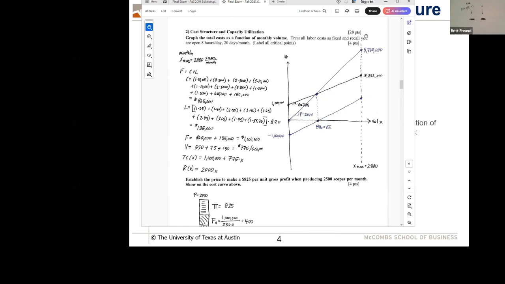You keep on doing that. Your fixed cost bought you the capability. In our example over here, the fixed cost bought you the capability of doing up to 2,880. So you paid $1 million of fixed cost to buy the opportunity to produce up to 2,880. And that's what the fixed costs are here. And then you sell that capability one sale at a time. And each sale you get a P_i minus its V_i, you throw the money on the pile. And you keep on doing that.